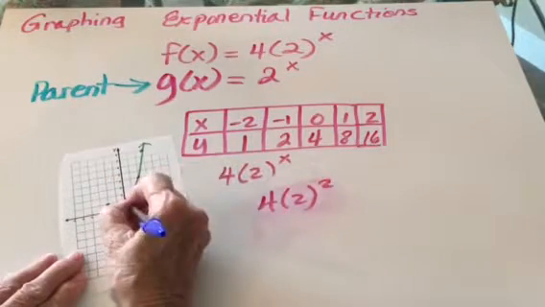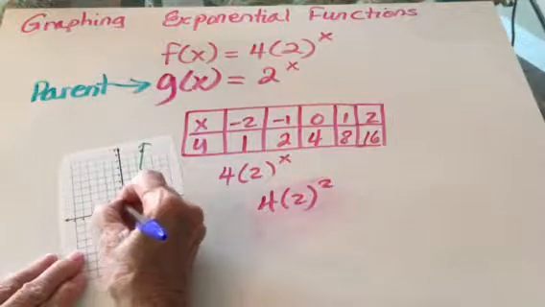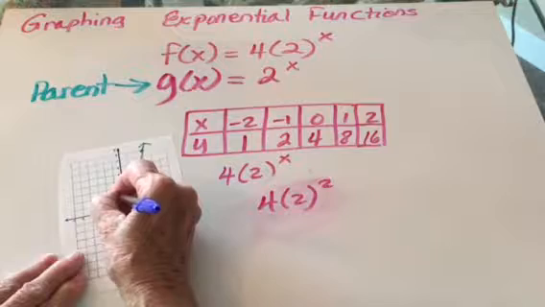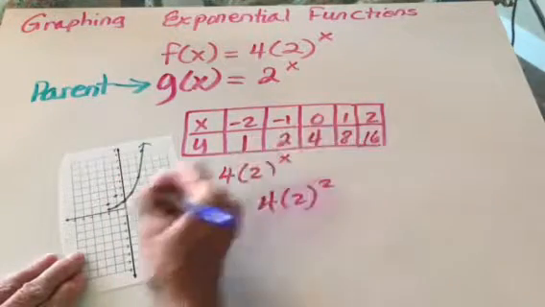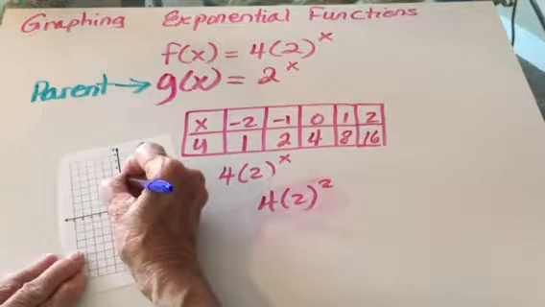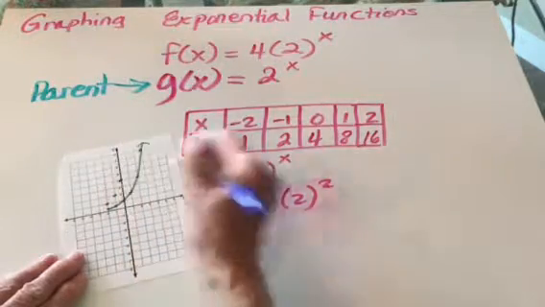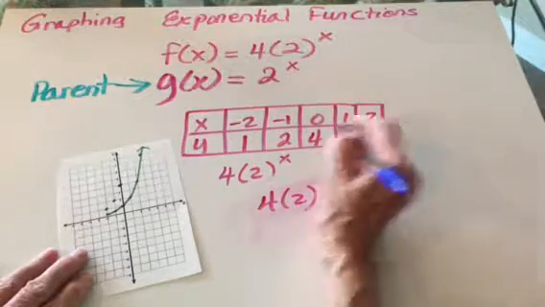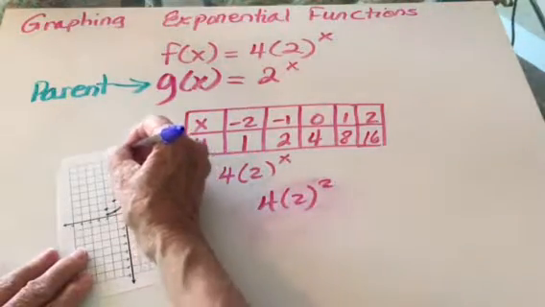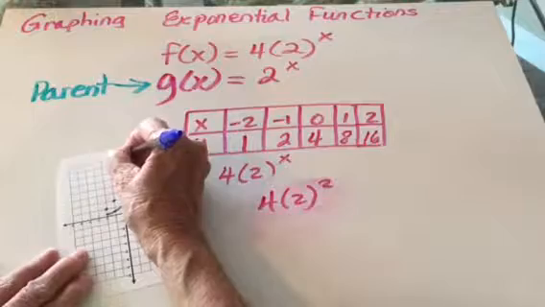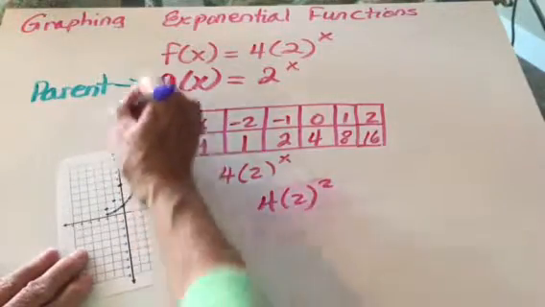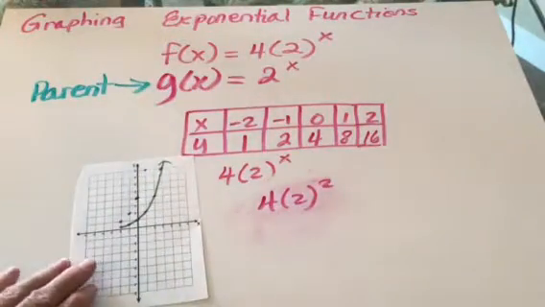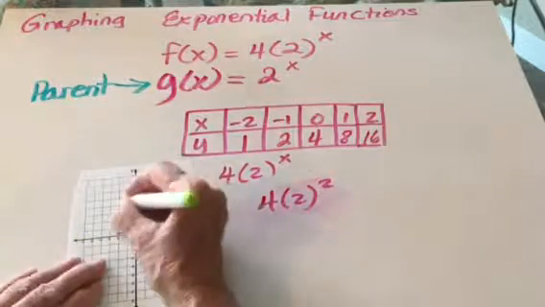When x is -1, y is 2. When x is 0, y is 4. Do you see how this is going up so steep? When x is 1, y is 8. And then when x is 2, I mean, it's off the chart. Okay? So this is